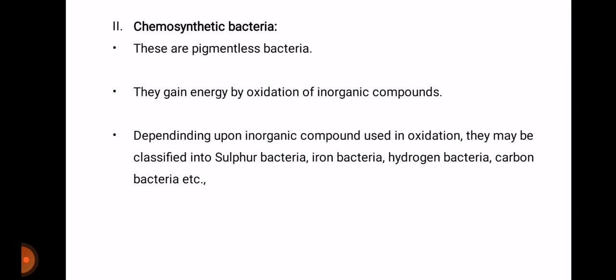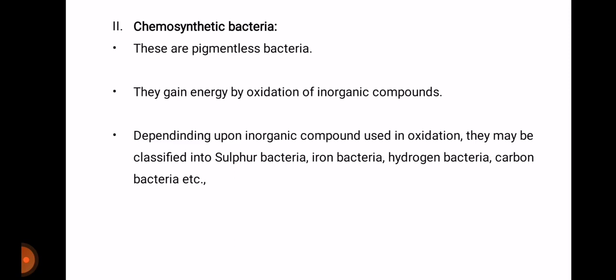And the next one is chemosynthetic bacteria. Actually, these chemosynthetic bacteria are pigmentless. These chemosynthetic bacteria do not have any pigments, and hence they are colorless. But these chemosynthetic bacteria are autotrophic. They can synthesize their own food, and they gain energy by the oxidation of inorganic compounds. Depending on the inorganic compound used in the oxidation, bacteria may be classified into sulfur bacteria, iron bacteria, hydrogen bacteria